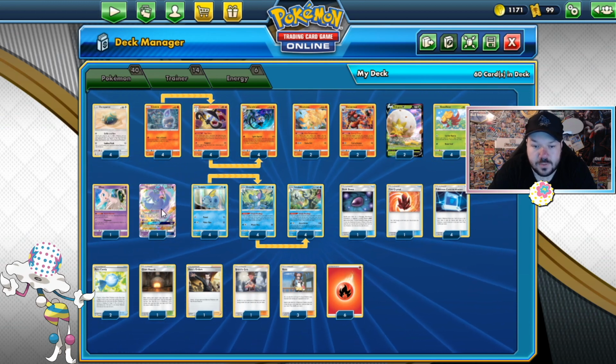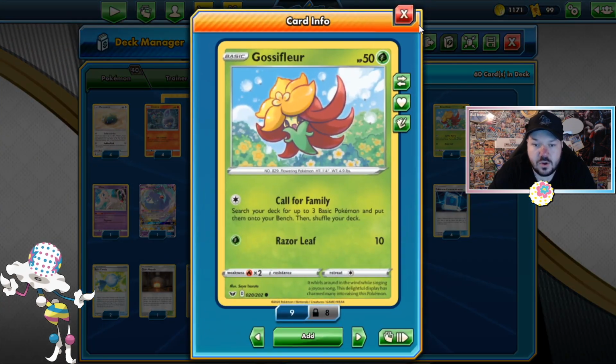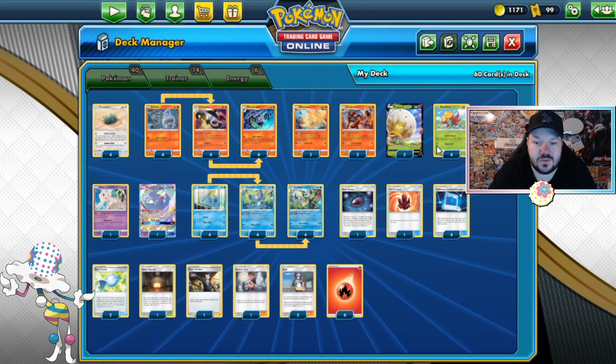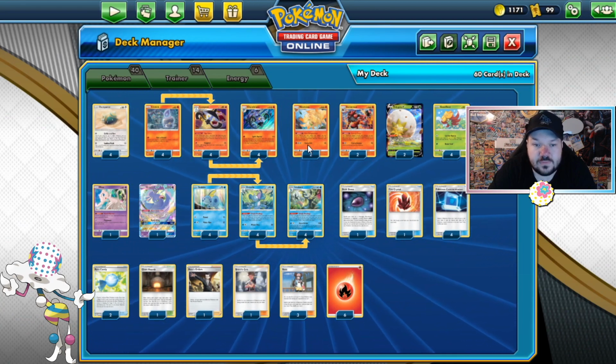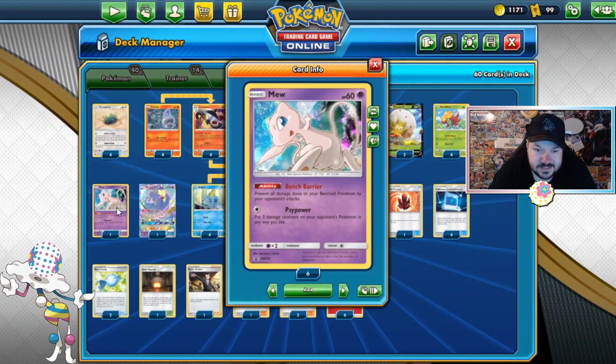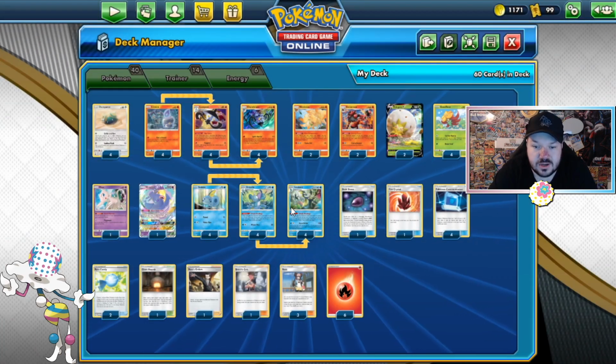How do we get out our Pokemon? We can search out our Pokemon with Dunsparce. It searches out 3 basic Pokemon. We search out Gossifleur, and we just need to discard any Pokemon in order to do the 60 damage. So that's why we play 40 Pokemon. It's crazy. We have Mew to stop our opponent's bench damage, Oricorio-GX to draw extra cards, and then we have